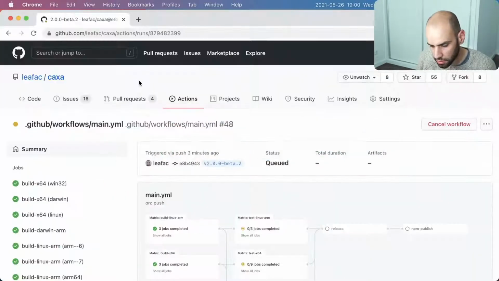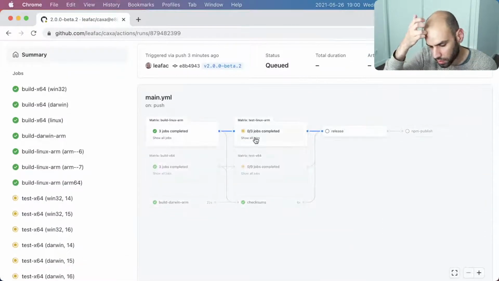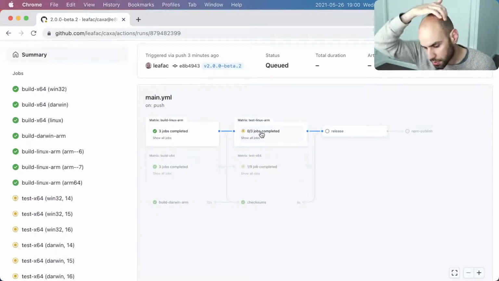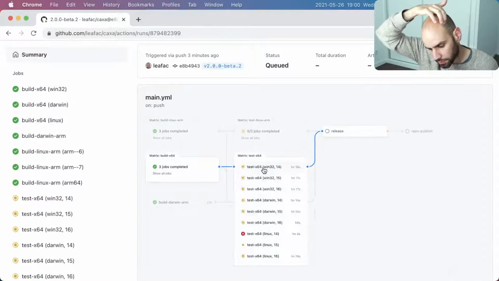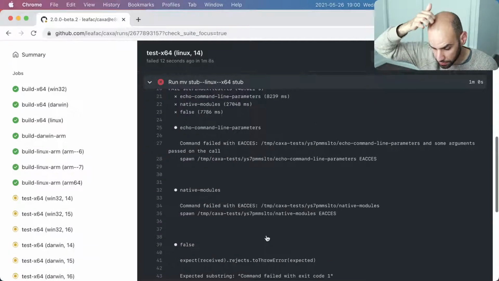So after 5 minutes, I think this will fail. So I think what's going to happen is it will try to run for 5 minutes, time out, and we'll see an error here on this build. It already failed somewhere else, so there is that.